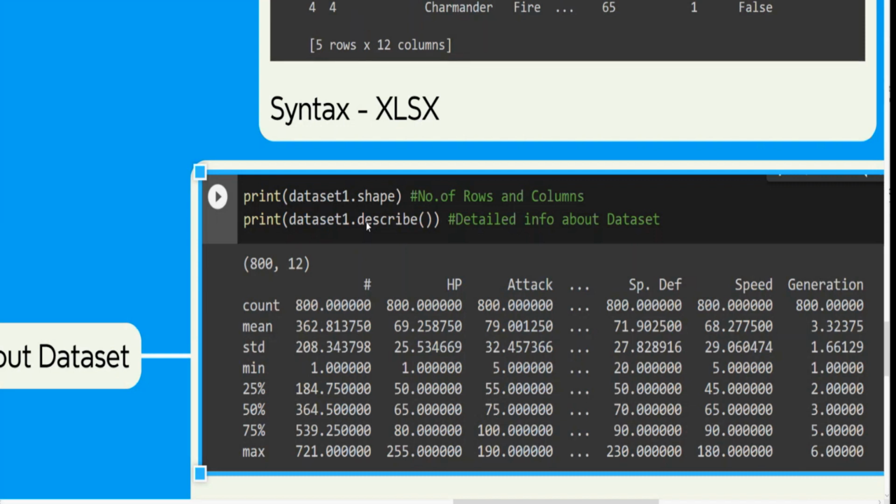The remaining columns have text data, so it will take only the columns having numerical data and perform the following operations. It will check the count, how many values are there in that particular column. Then what is the mean value? What is the standard deviation? What is the minimum value? What is the maximum value? What is 25%, 50%, 75%? Like that, it will give you a short summary